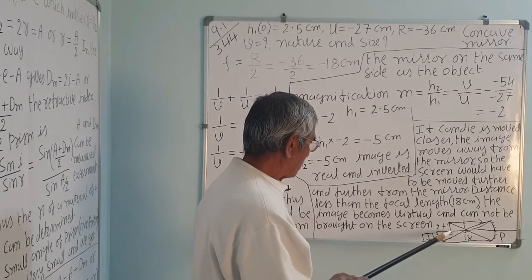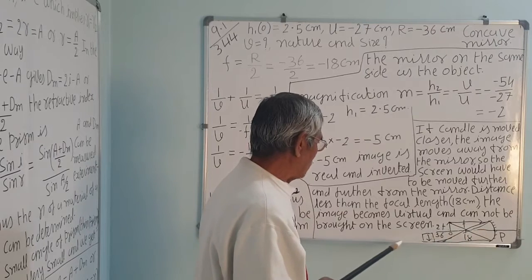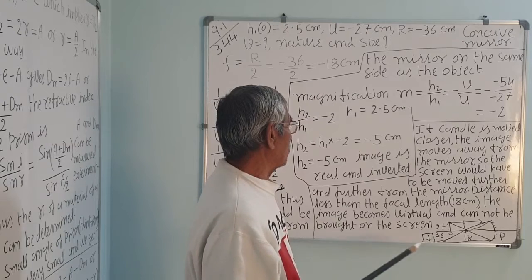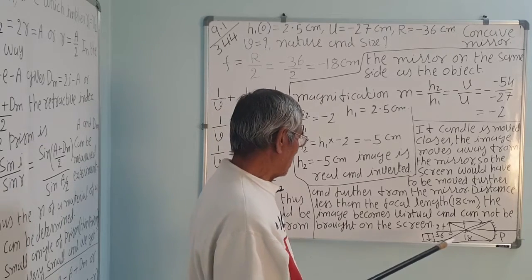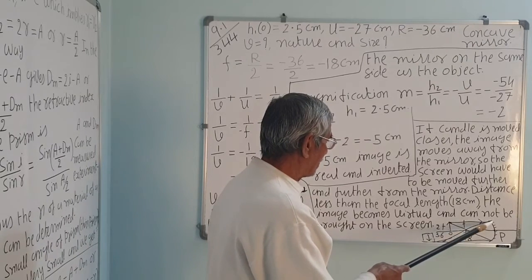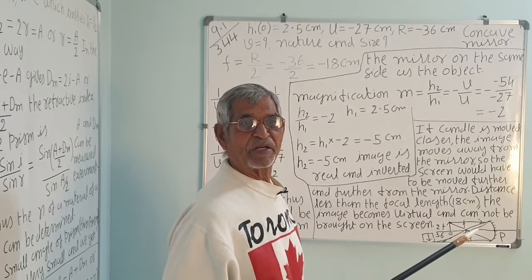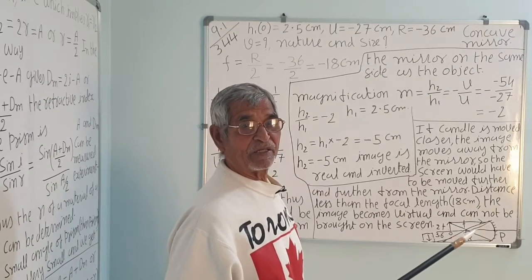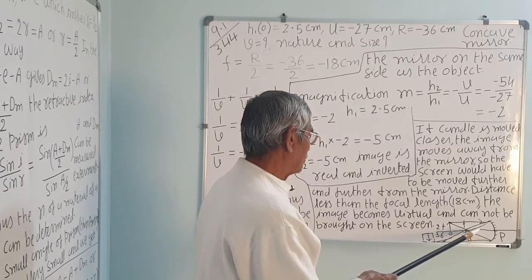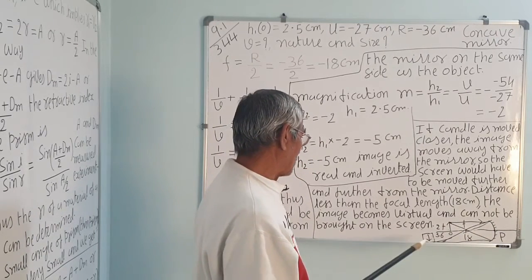If it is brought towards F, the image will move away from the mirror. It will go to a distance more than 54. And if it is kept at F, you know, the rays coming from F, after reflection from the mirror, will go parallel. They will never meet. So, we think that they will meet at infinity. So, if it is at F, then the image will be at infinity. And beyond F, that is a virtual image, you will get on the right side, not the left side. And it is virtual, you cannot use the screen.